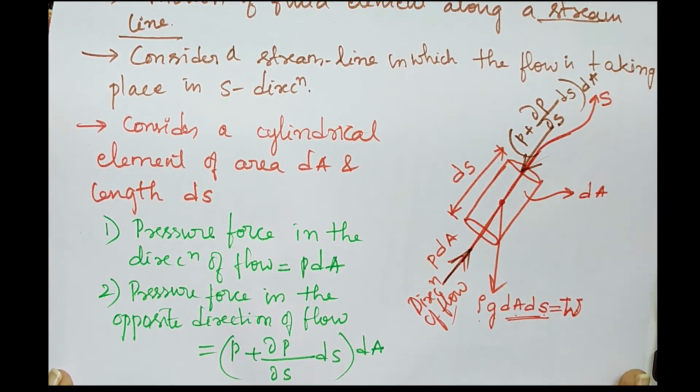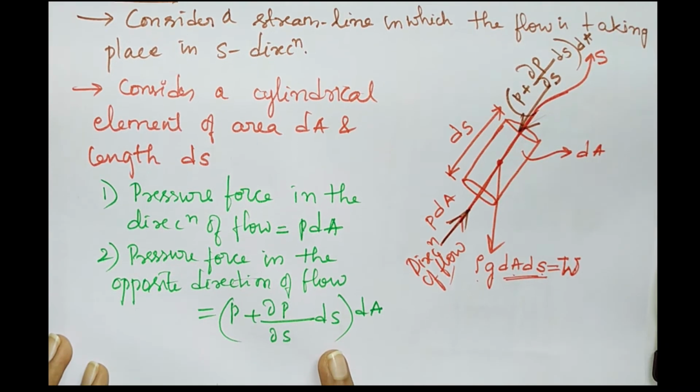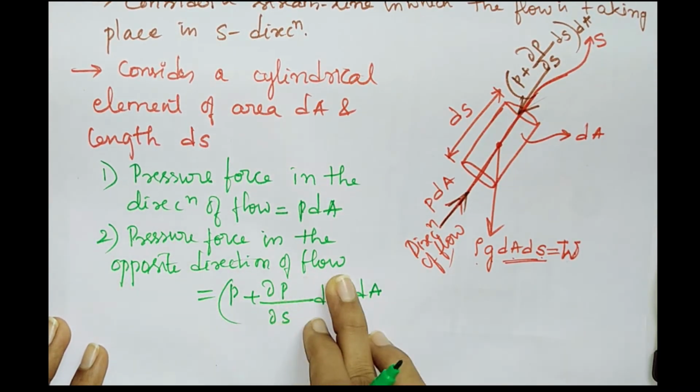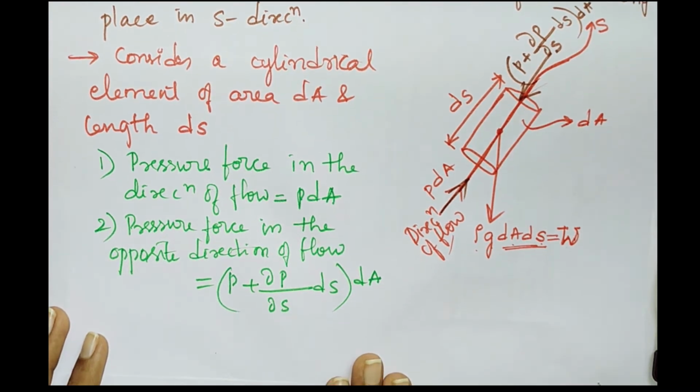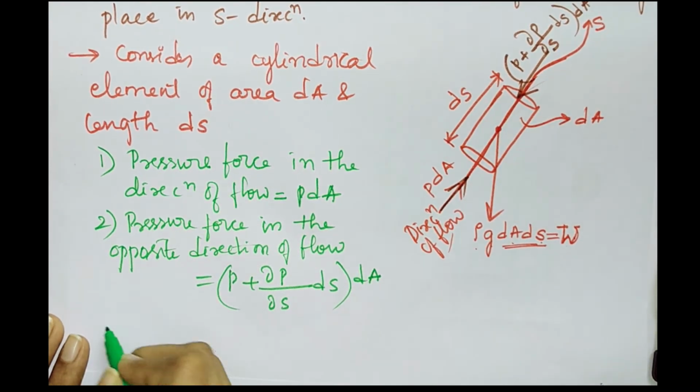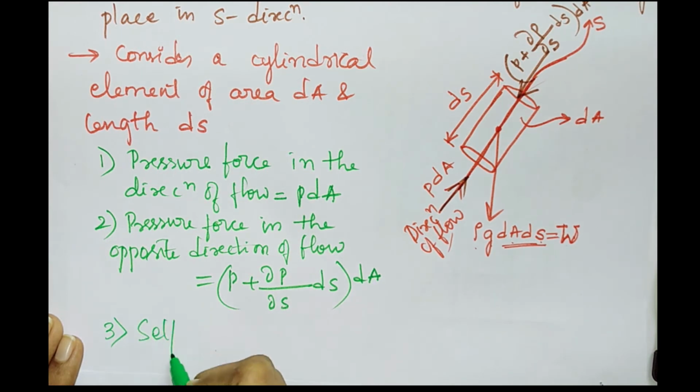So the pressure force, the second force, which is acting in the direction opposite to the direction of flow, is (P + ∂P/∂s ds) dA. The third force is the self weight of the cylindrical element,